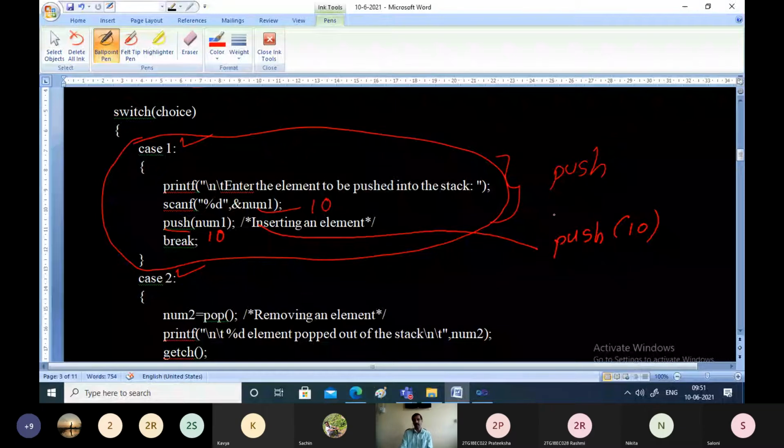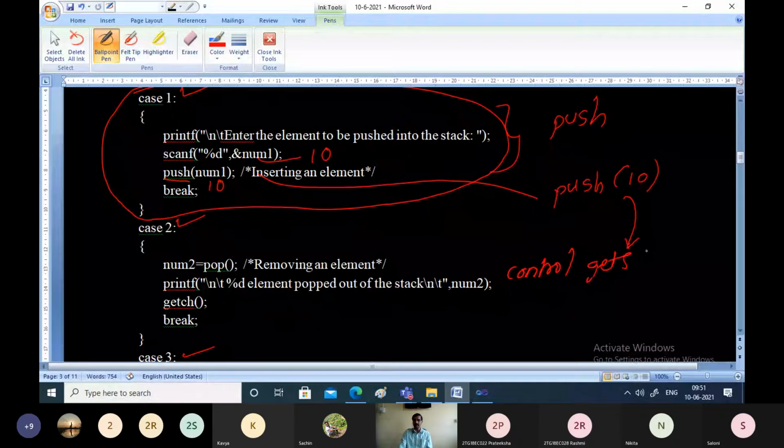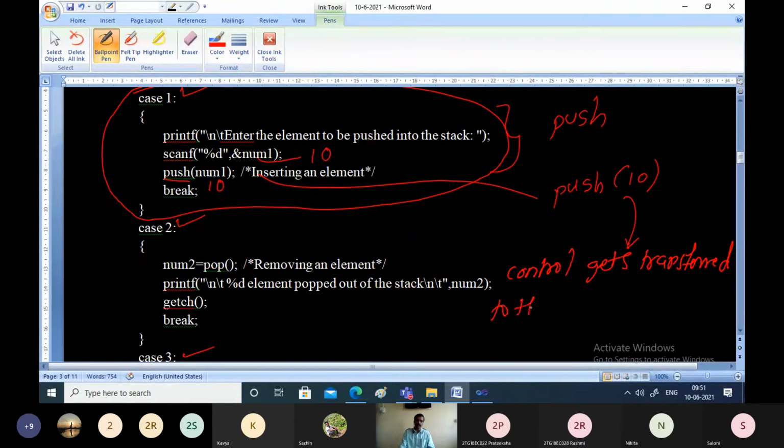Now whenever we call the push function, control gets transferred to the definition of the push function. Program control gets transferred to the definition or body of the push function.